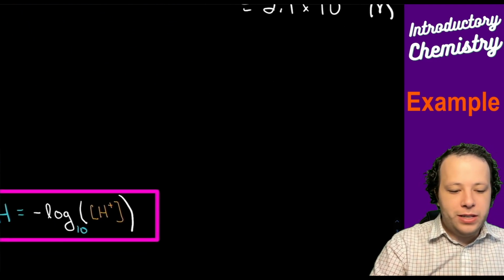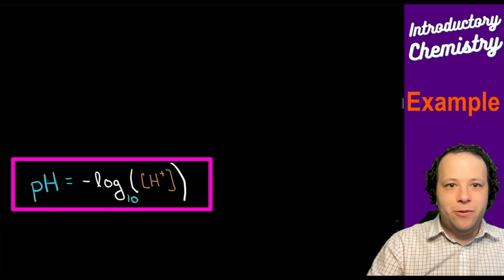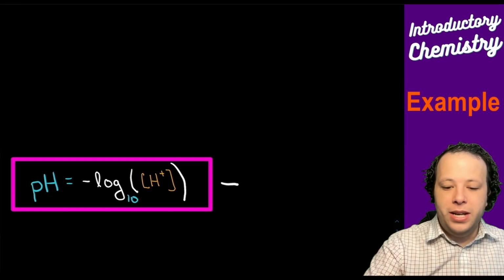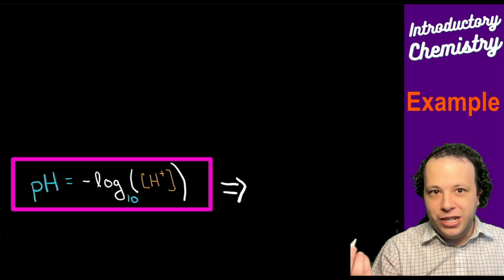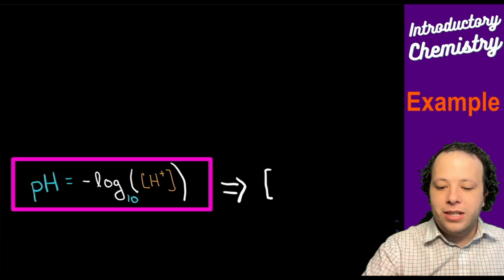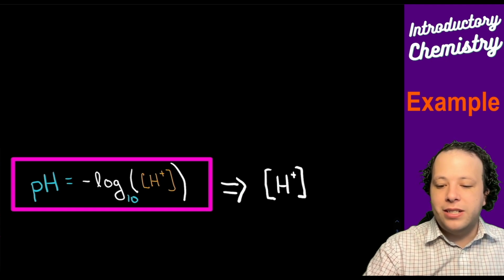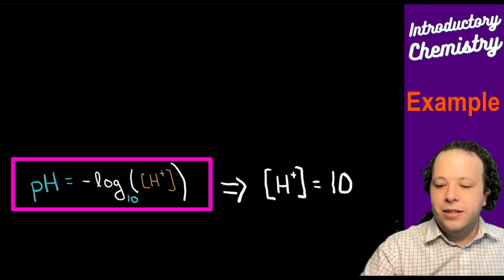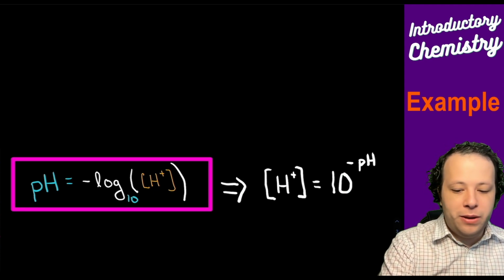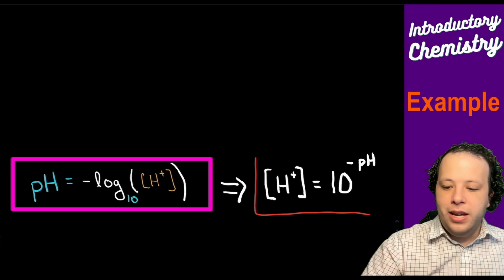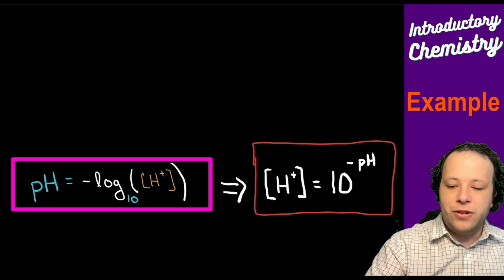What we are going to be doing here is, if we have our pH formula, we have to take an inverse log to go to concentration. An inverse log is simply the following: if I have my hydrogen plus concentration, that's going to be equal to 10 to the power of negative pH. And that is our other equation that we are going to use in order to find the concentration.